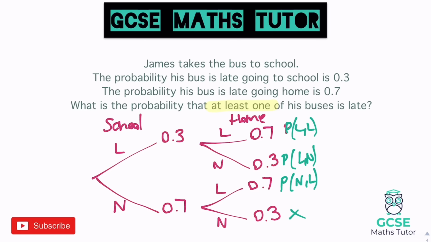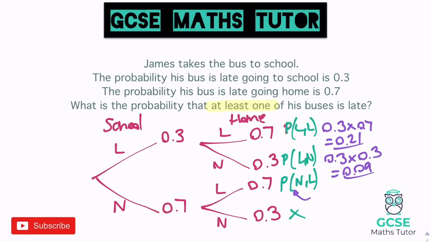So late then late goes through 0.3 and then 0.7, which is 0.21. We've got the probability of it being late then not late, which is 0.3 times another 0.3, which is 0.09. And we've got that third one there, which is not late and then late, which is 0.7 times 0.7, and that equals 0.49. So this time we've got three probabilities to add together, but because we've got a combination there,